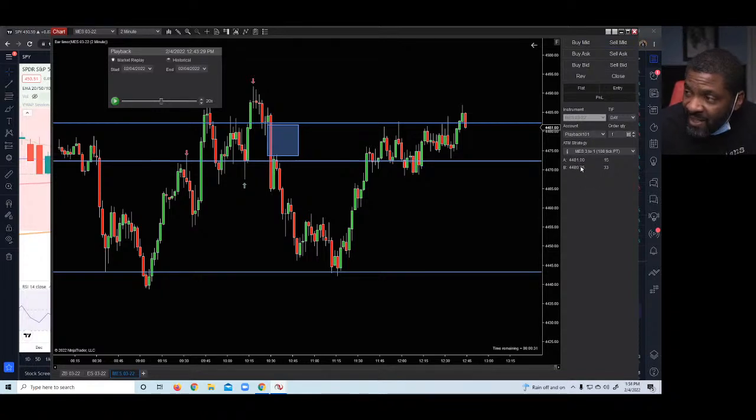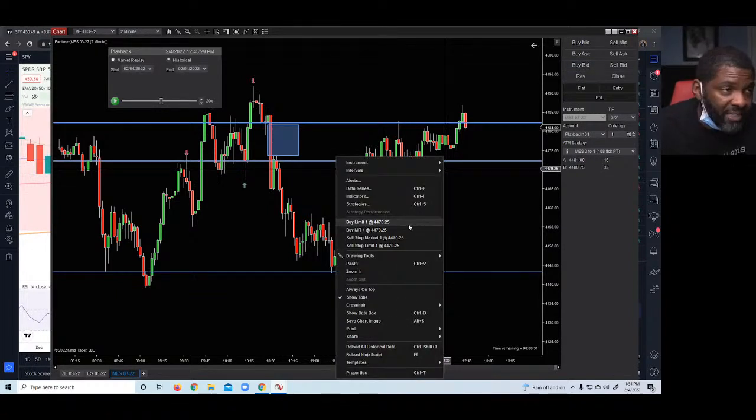If you're buying and the bid hits your price, hit buy bid. If you just want to right click and set your price for it to come get you, if the price is above you and you're buying, you just click buy. If the price is above you and you're selling, you'll put in a sell stop. If the price is below you and you're buying, you'll put in a buy stop.